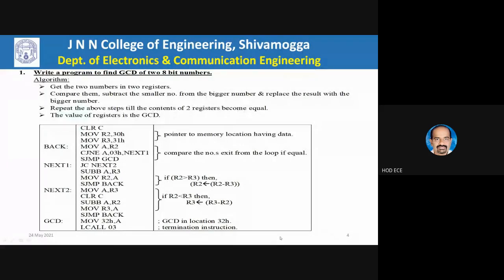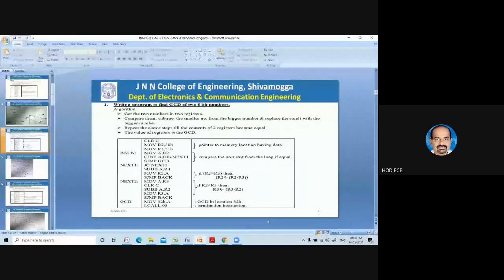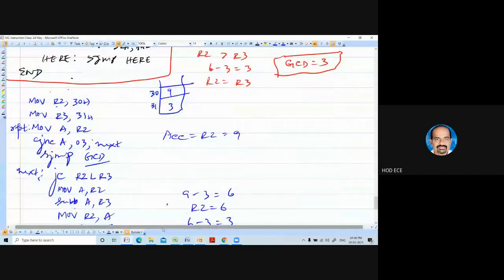So you should not forget adding clear carry. Before every subtraction you should have clear carry. That is the only very important thing. So that I will put in a different color. That you should not forget. So at the top you should write clear carry.